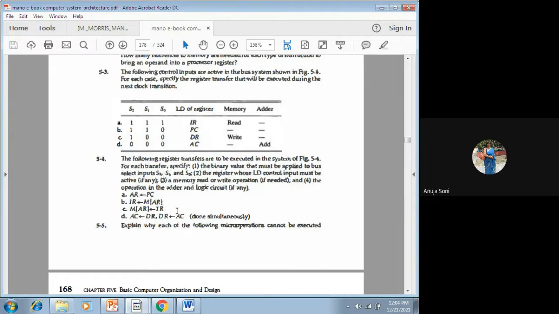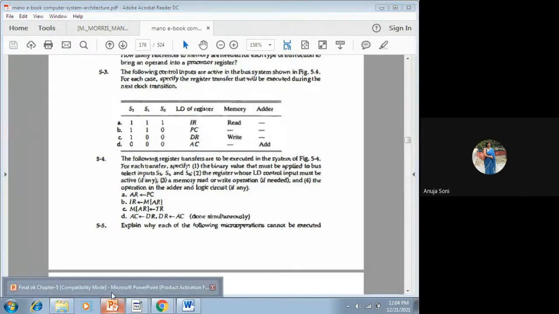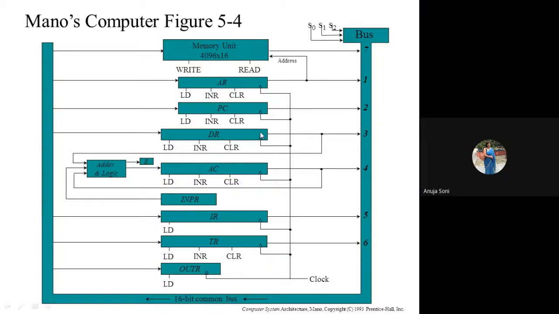So how to do it? Basically, we'll go step by step. That is DR to AC and AC to DR. Let me see it in the context of the common bus diagram. DR to AC: data will come from DR, it will be read, and through the adder and logic circuit, if some shift operation gets operated, it will be shifted to AC, because only once the value of S0, S1, S2 needs to be changed. As we are going to make use of the adder and logic circuit for the built-in operation, shift or transfer, we can fix the value of S0, S1, S2 as 0, 0, 0.